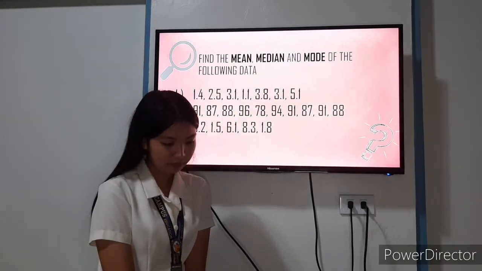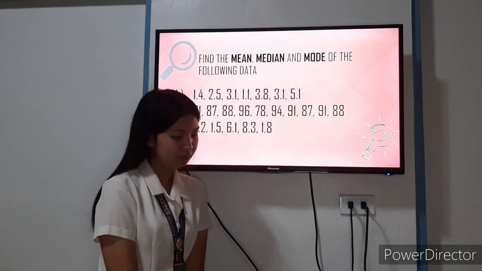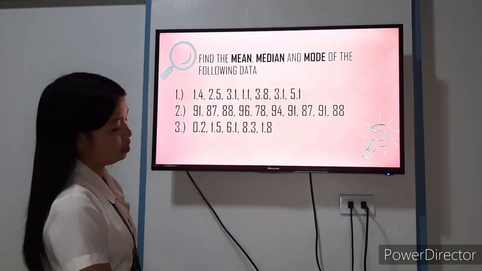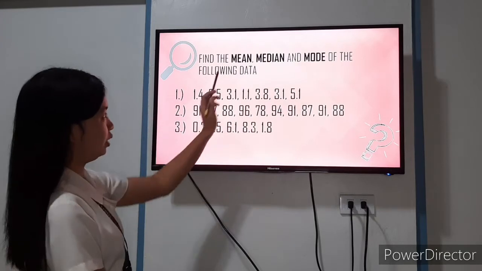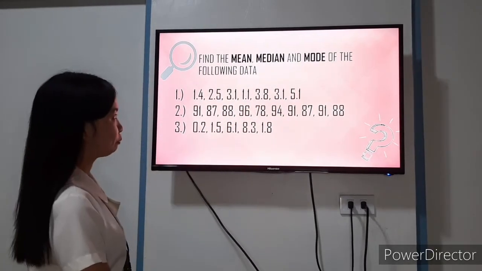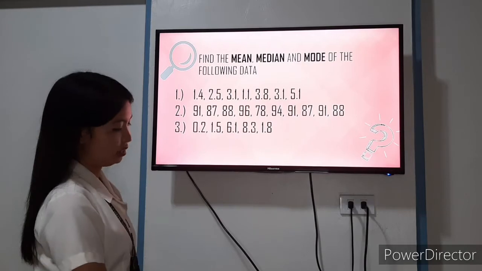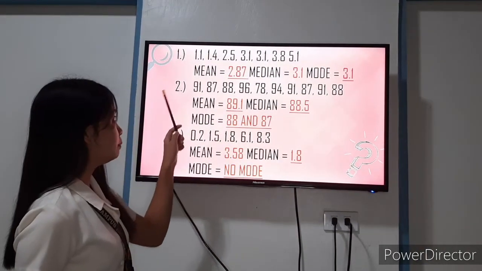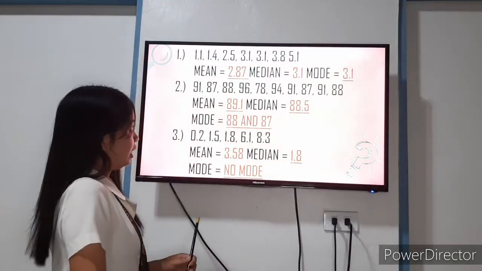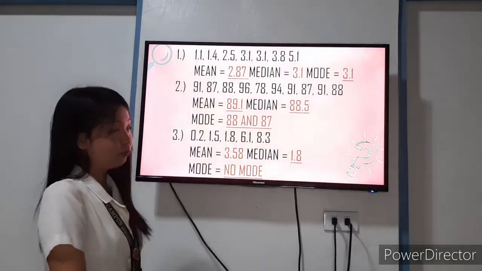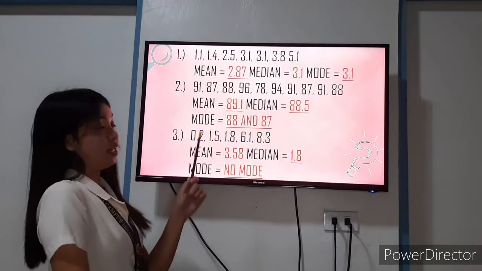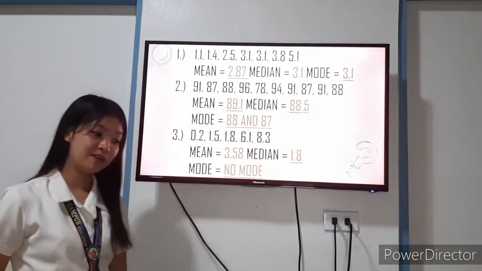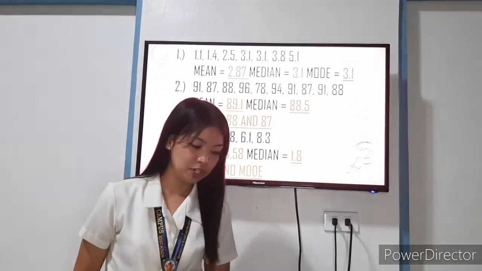Let's have some examples. We need to find the mean, median, and mode of the following data. We have three sets of data here. For each set, we need to find these three measures of central tendency. The mean in the first set of data is 2.87. We got 2.87 by adding all the data and dividing it by the number of values of the data. The median,